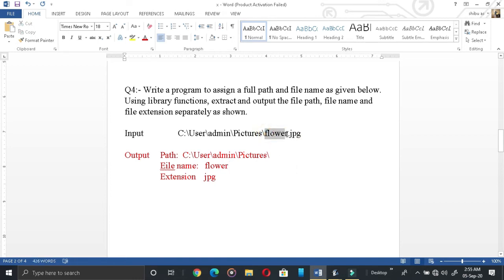This is the file name. These two are folders. So I'm getting a path like this, and now I need to separate all these things. The path is this much, the file name is this one and the extension is this. I need to print it separately, that's all.